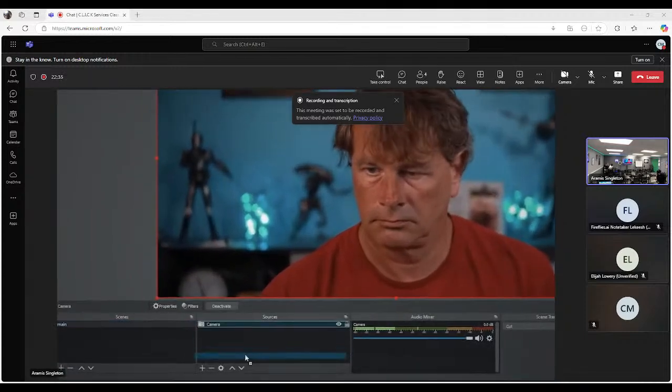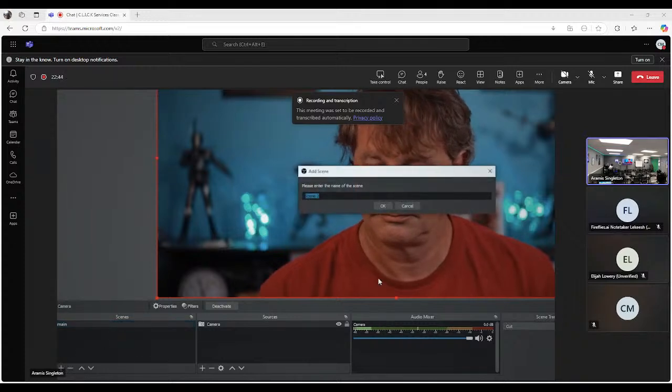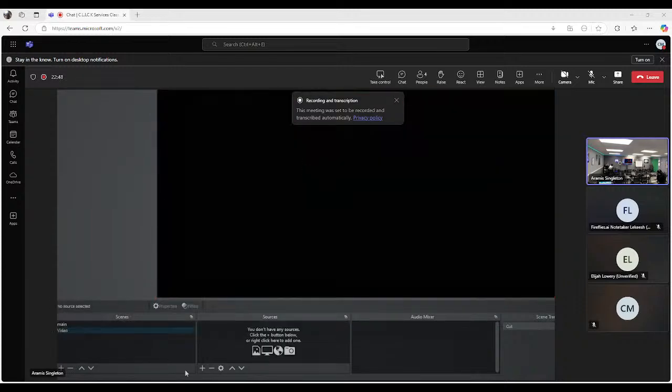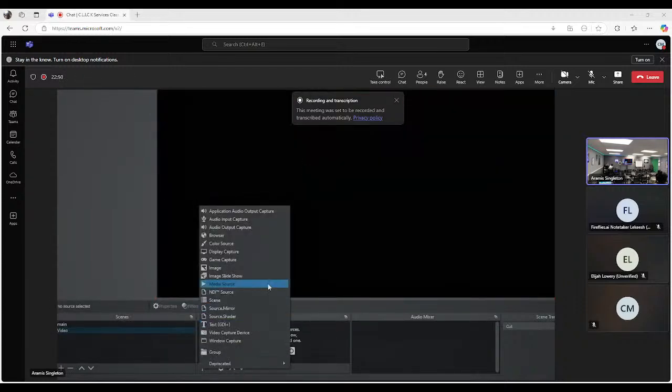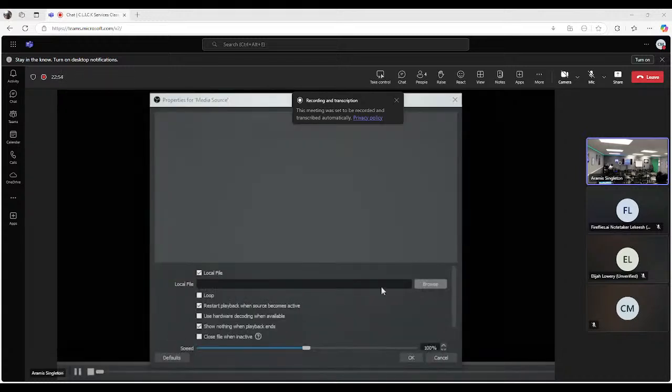So we can see we have a simple scene called main, and we have a source in that scene, which is just our camera, which is connected to an audio device. Let's create another scene. I'm going to click the plus, and I'm going to call this scene video. And I'm just going to click the plus here, and I'm going to go ahead and add a media source. What I'm going to do is go in here and browse,